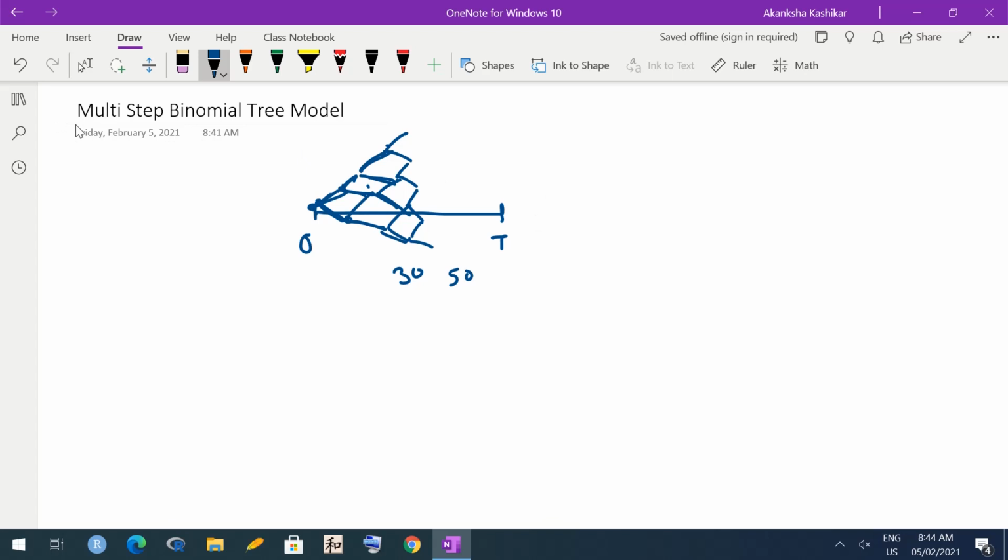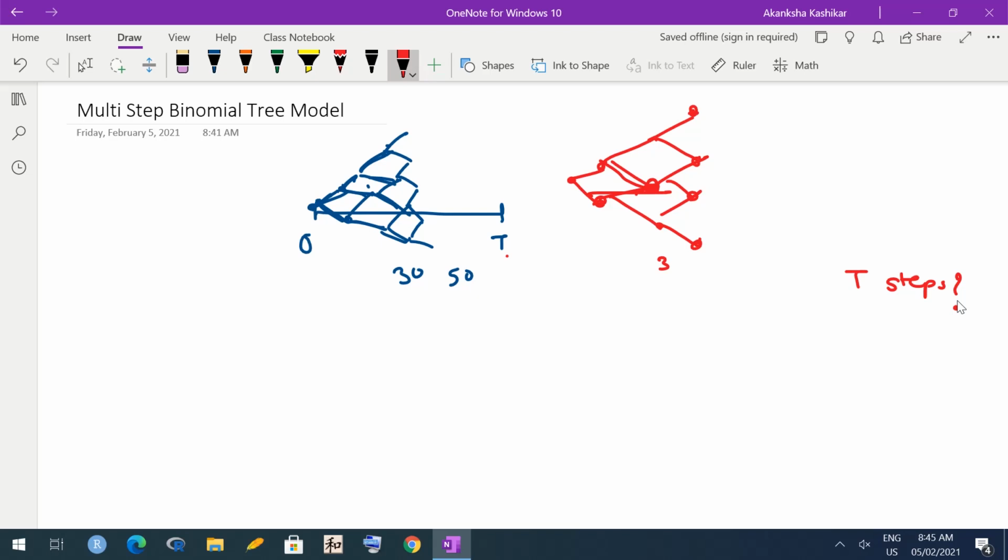How to handle calculations when we have a two-step binomial tree model. Now I have a small question for you. So I just said that this is how you go. If you start from here, this is first step, then this is second step. We are going to assume that both these steps converge here, means down from here and up from here lead to the same value, and the same assumption we will continue. So for example, you have 1 2 3 4 values here at the end of 3 steps. So how many distinct values do you have at the end of t steps? That's a homework.